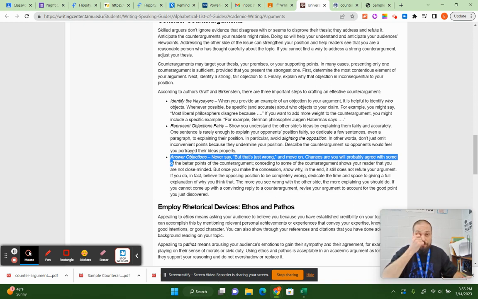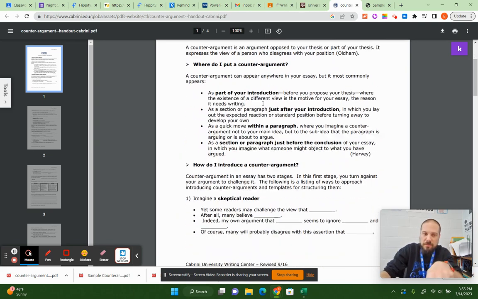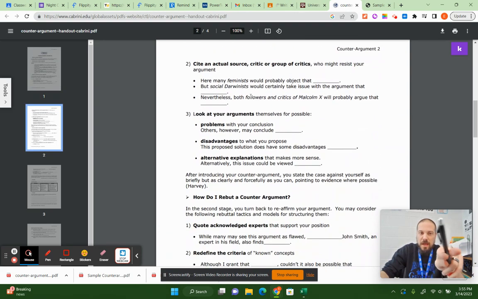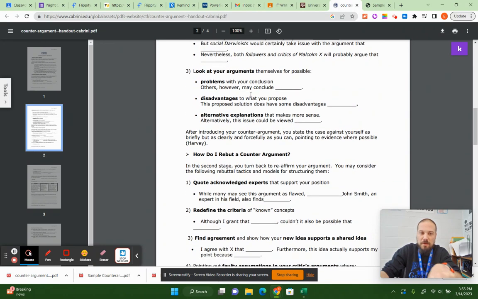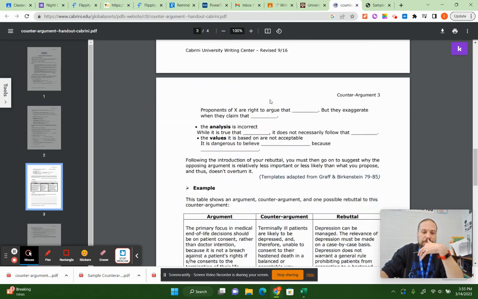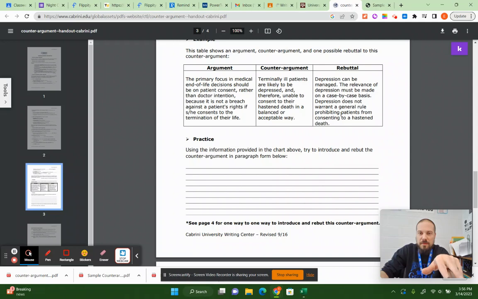Okay. So if you look here, this handout actually gives you a lot more in-depth overview about how the process of coming up with a counter argument works. They even give you some sentence starters that you can use. And I really like this example that they give of what an argument, counter argument, and rebuttal looks